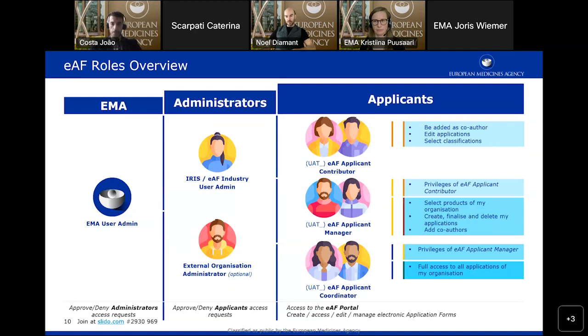And if you have a small company and you don't want to have so much work with your access management, you can take the coordinator role, which will give you access to all of the applications within your company. This is mostly suitable for, as I said, smaller companies, or during the test, maybe because you want to see what other people are doing in your environment, in your organization. Now, if we could go to the next slide, please.